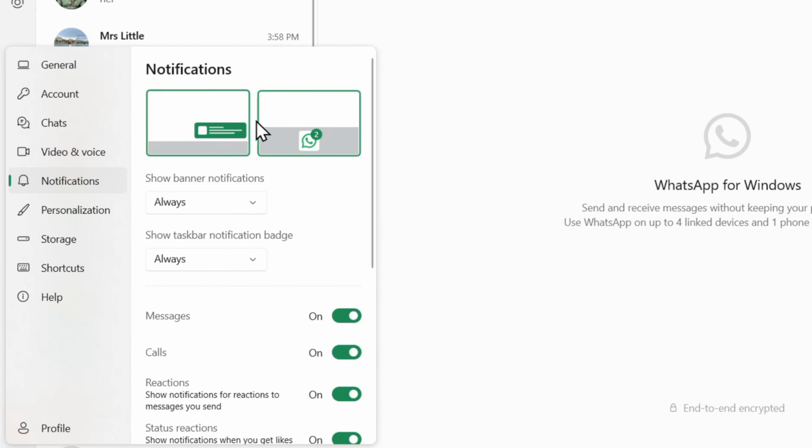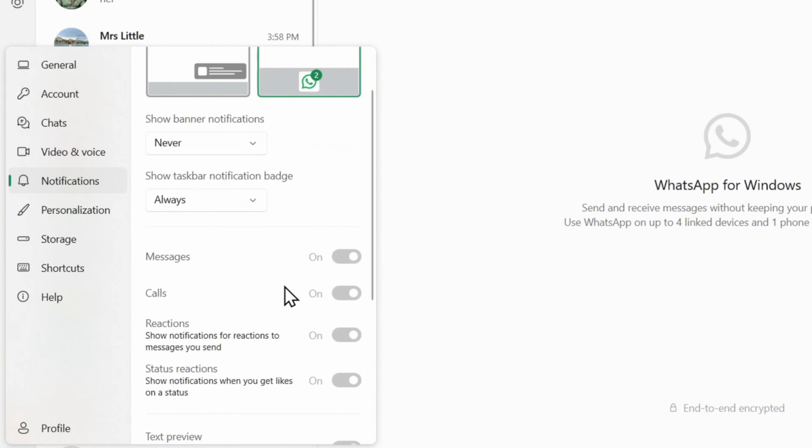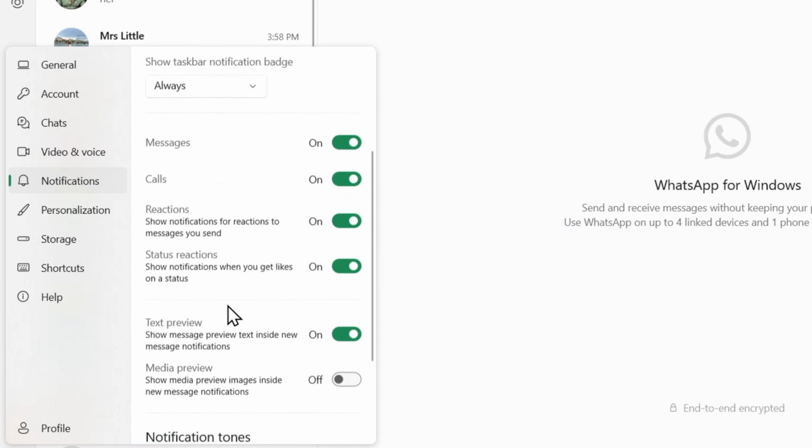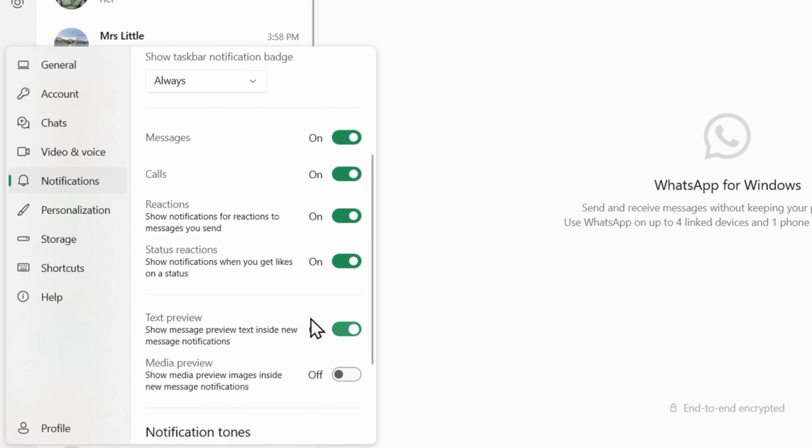And here you can see under the notification section, it actually shows you what you have there. So these are the two that you want to actually show, so you can hide these. As you can see here, when you click on it, it says show banner notification. You can simply click on that and choose never, and that's going to turn it off. Also, if you have it on, for example, you can hide the option that says text message preview,